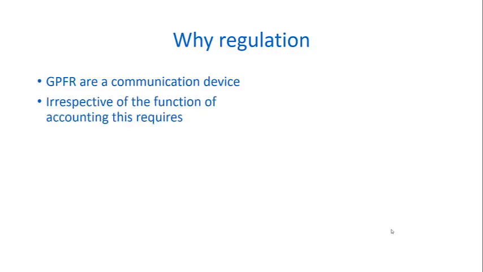And it's important that we reflect upon why we need regulation, because that provides insights into why the regulation may at times seem arbitrary, but that's not a fatal flaw. What we need to understand is that general purpose financial reports are, at the end of the day, a communication device. And irrespective of the use of the accounting information and irrespective of the requirements of individual users, unless they understand how the accounting information is being calculated, then they aren't able to use it properly, appropriately. And that means that we need rules.